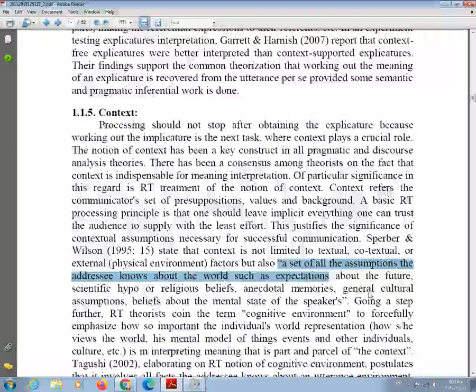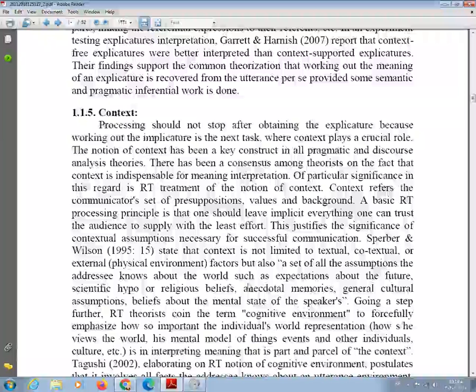future, scientific or religious beliefs, anecdotal memories, our general cultural assumptions, beliefs about the mental state of the speakers, and so on. So again, it's a very, very important, really amazing concept or definition of the term